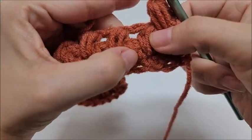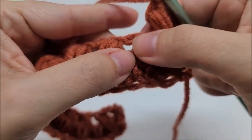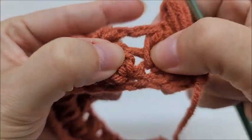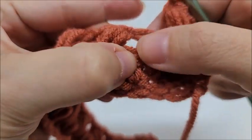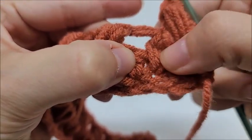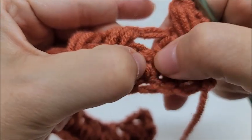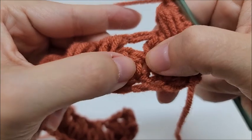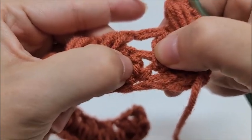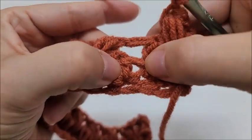and then we're going to jump over here in between our next 2 puffs and we're going to work in the space of the next puff. So what I like to do is this puff here, I slide it over and you can see this spot right here. That's where we need to go into. It's kind of the side of the puff, not here, but this puff 2 rows below. If you spread these two puffs, you'll see that little spot. So you do a puff into that spot right there,